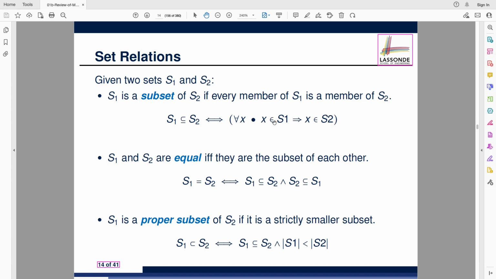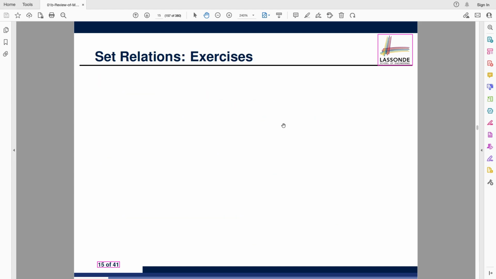What about anything that's outside S1? That will actually make the antecedent false, in which case we don't care, right? It kind of goes back to the connection to how we define implication. Right, let's do some exercises. You can definitely go over the definition. They're straightforward.